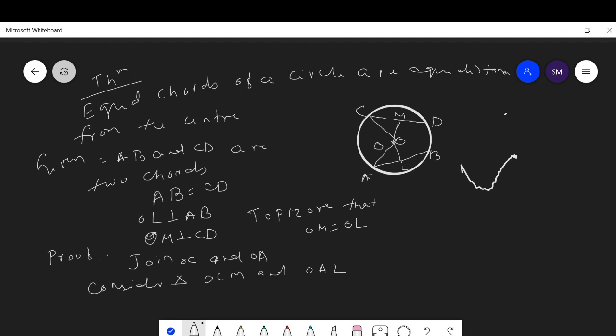Here OL is perpendicular to AB, and we know that the perpendicular from the center always bisects